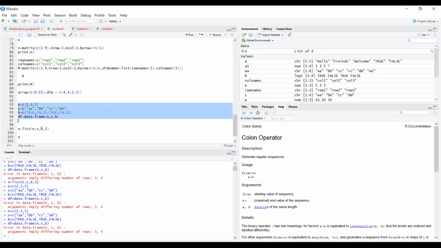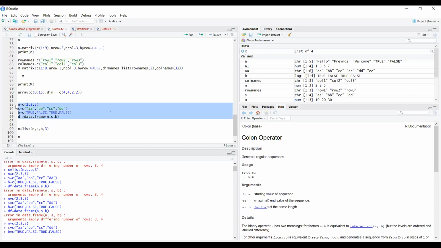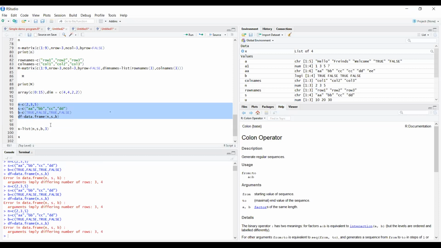Data dot frame is giving problems. Select all this particular stuff. Same thing is happening. So the third and fifth rows have been giving the problems. So what we can do is change the data.